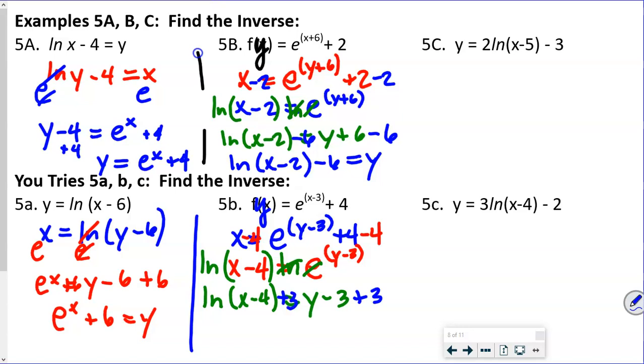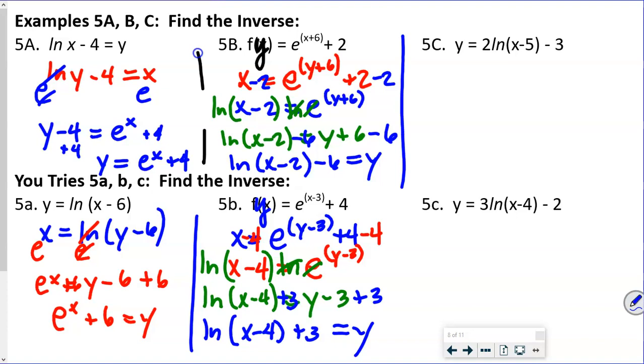So this is going to be ln of x minus 4 plus 3. That equals our y. Okay? All right, we're going to go up here and do this last one together, and this one's going to be